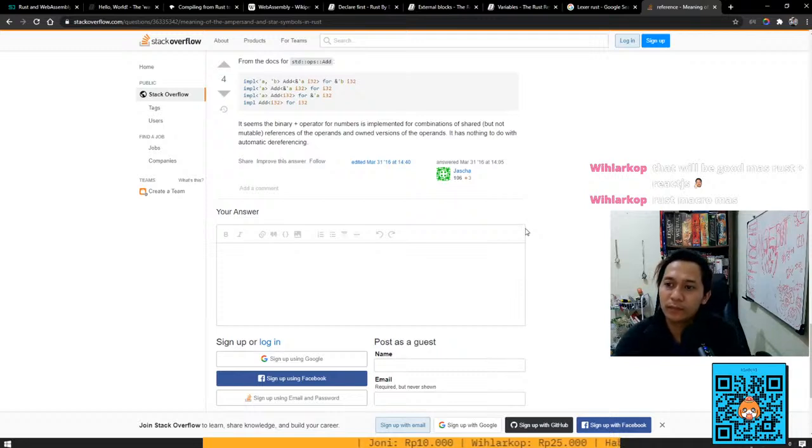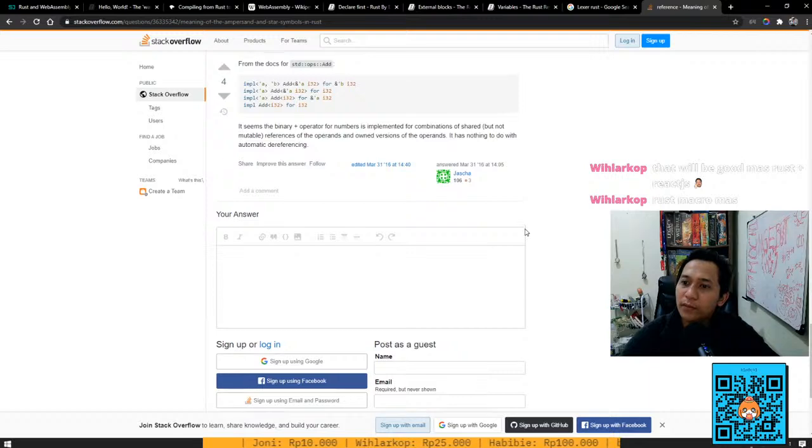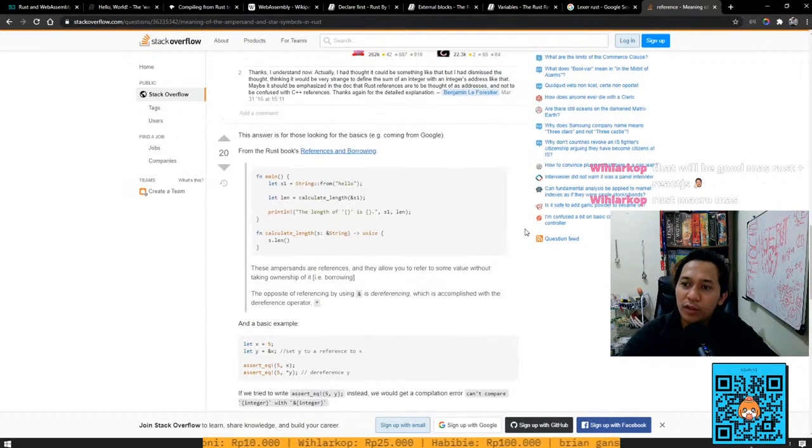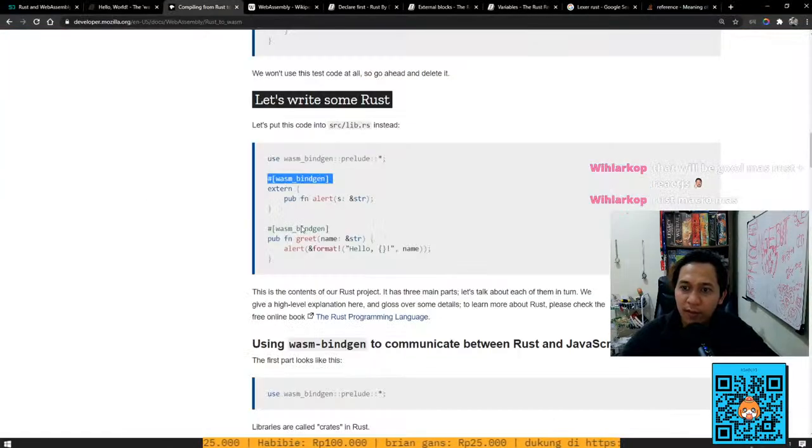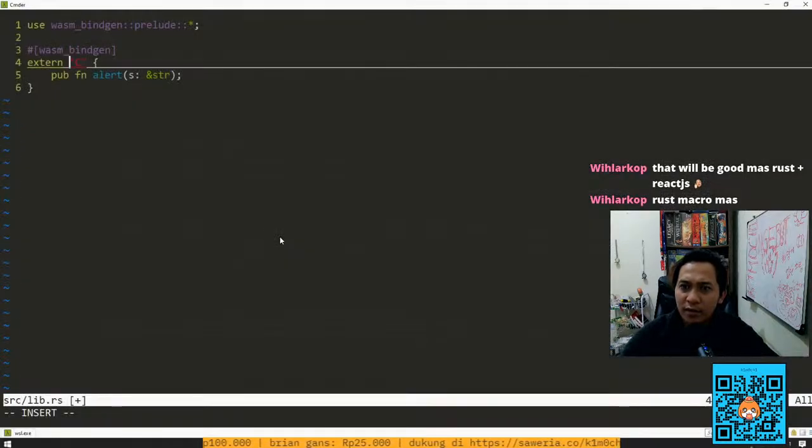Oh, it's actually called the mutable type. You just simply define this as mutable. Okay, next one. We are going to also define this